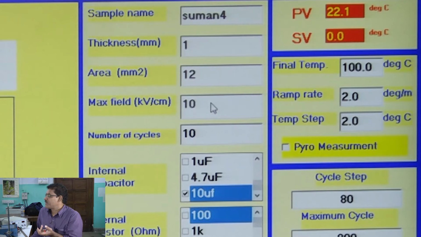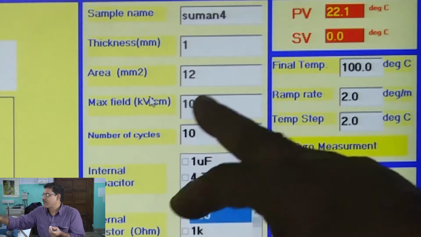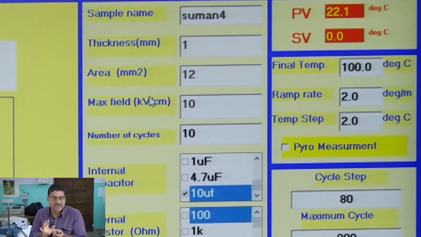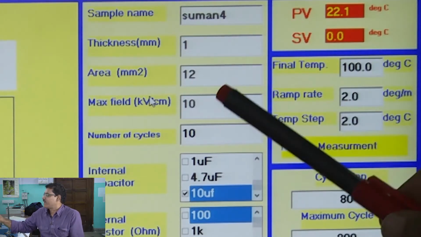So, one can change here, and if I give a maximum field, it will vary from plus maximum to minus maximum, and again go back to the plus maximum field.